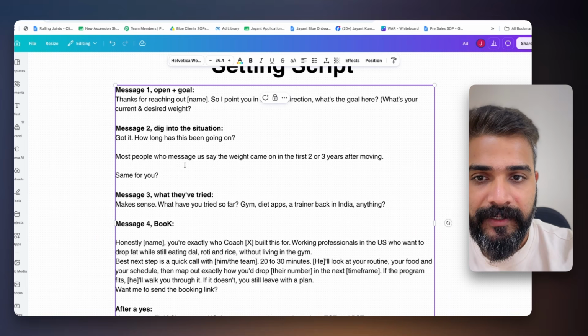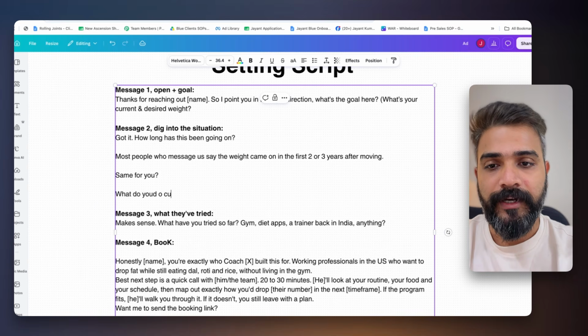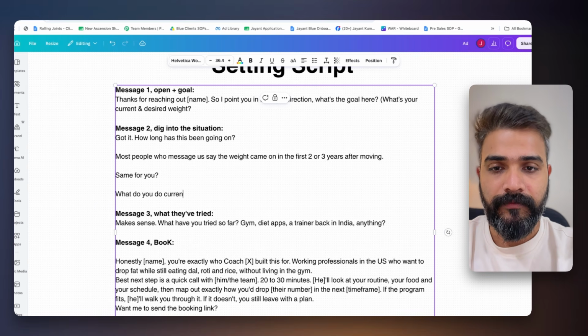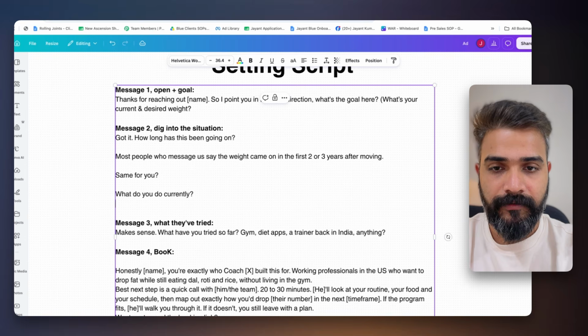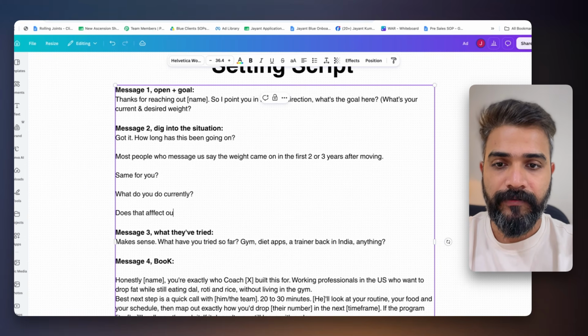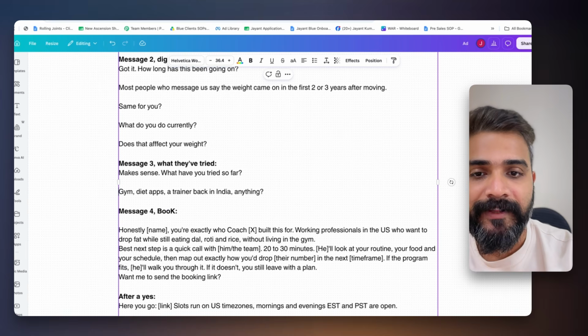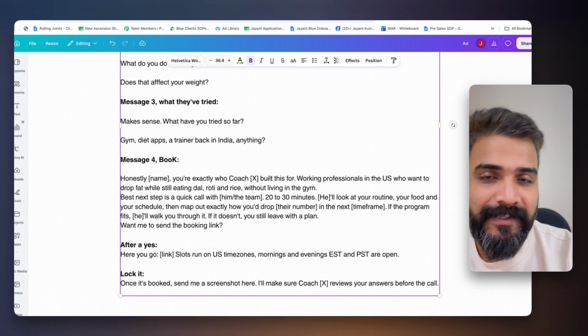Then to dig into the situation, you can ask a couple more situation questions like, what do you do currently? Does that affect your weight? Something like this. Okay. What have they tried? What have you tried so far? Gym, tried everything. Once you get to what have they tried, just go ahead and pitch.